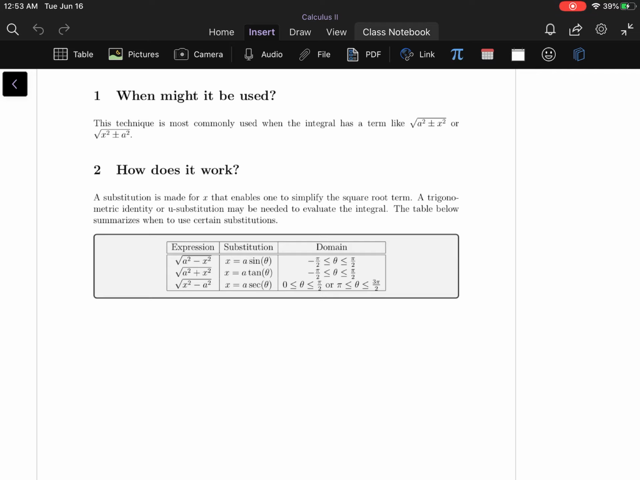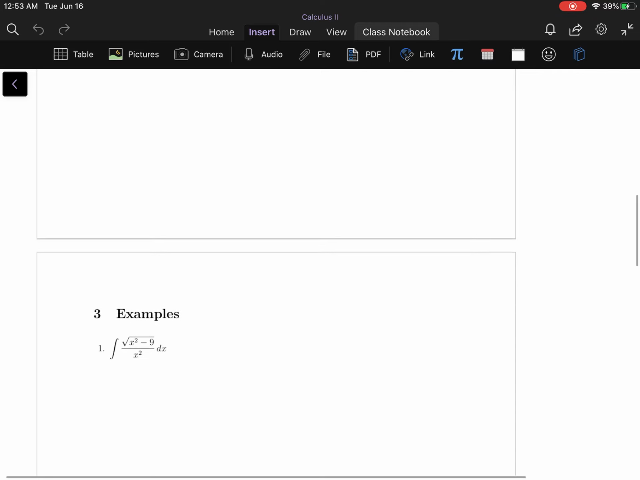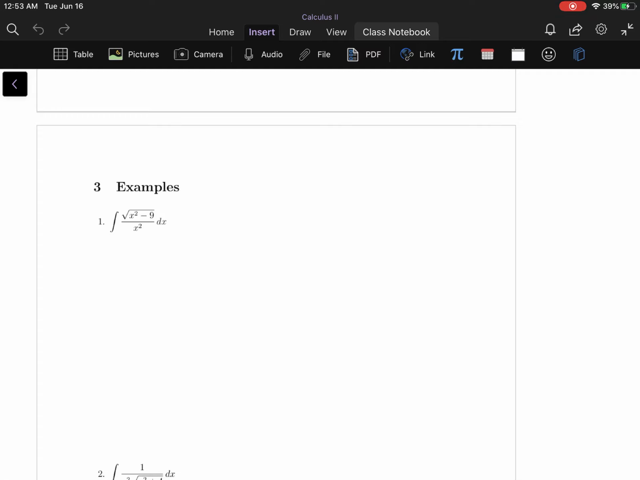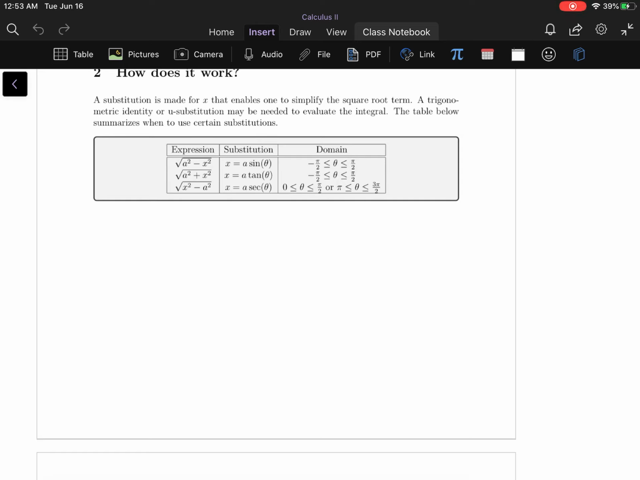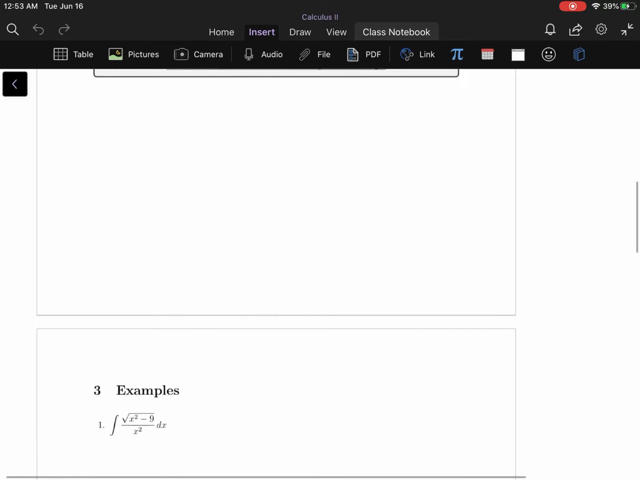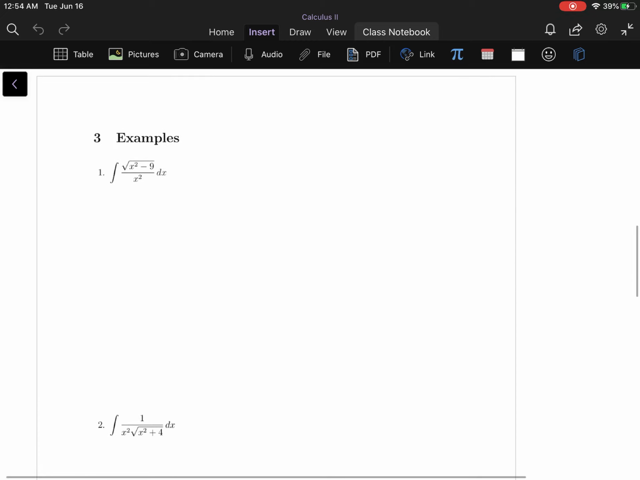And so here I'm going to demonstrate how to actually apply this approach. This first example is the integral of the square root of x squared minus 9, all divided by x squared. And so here we have an x squared minus a squared form where a is 3. And because this has the form of the third row in the table, I'm going to let x be a secant theta, or in this case, 3 secant theta,